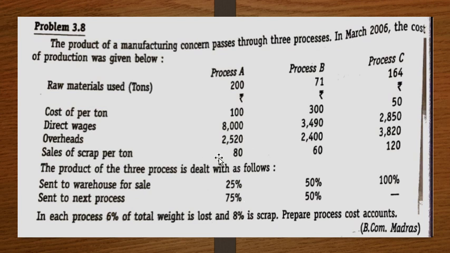So this sale of scrap per ton, for what you will be using, whether it is 6% total weight lost or 8%. Once the weight is dropped down, you can't regain that weight back. For example, the raw materials might have weighed 10 kgs, but by the time you bring it from the original place to the manufacturing place, there will be a reduction in the weight of that particular material. So when the weight is lost, you can't regain it back.